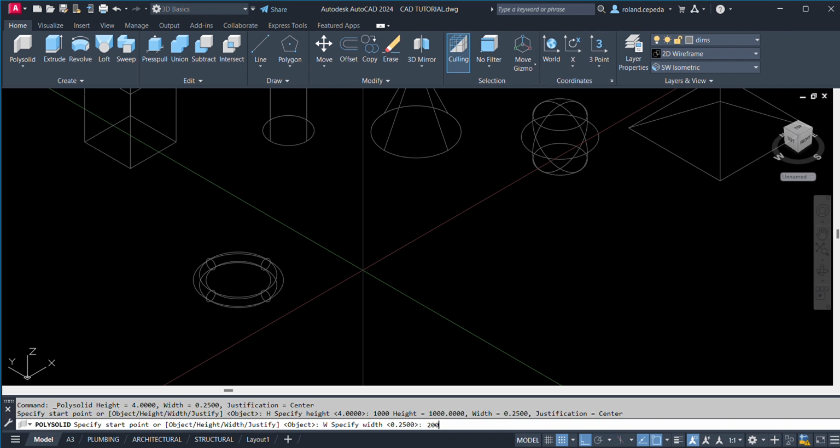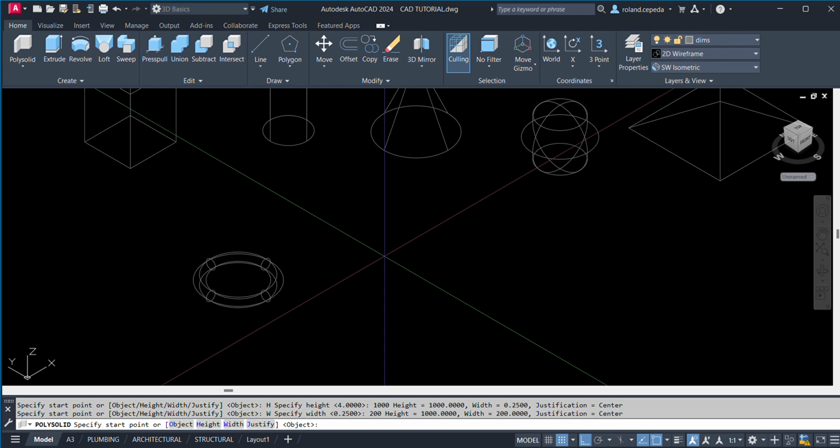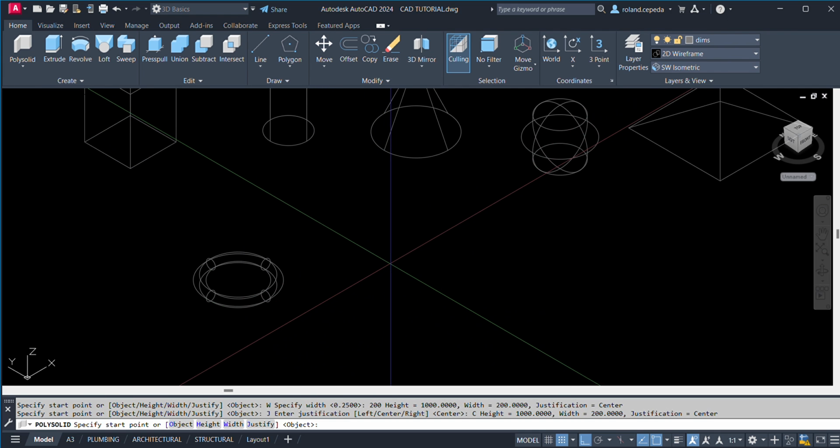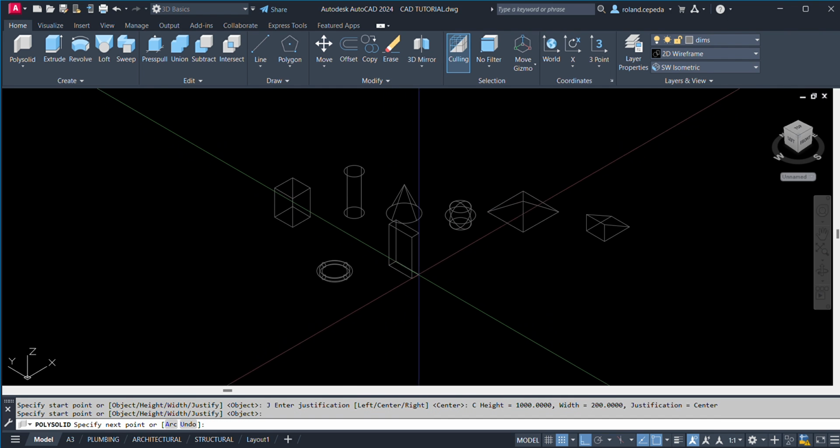The width should be 200 mm, space, and then justify, just type J, space, let's say center, C, space. Specify start point now. So let us left click using the mouse.